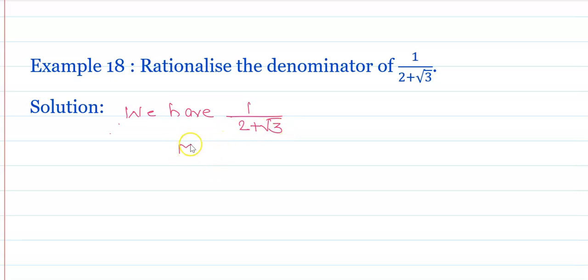Here multiply n and d. N means numerator, d means denominator, by its conjugate. What will the conjugate be? 2 minus root 3. Multiply n and d by 2 minus root 3. Therefore we have the expression